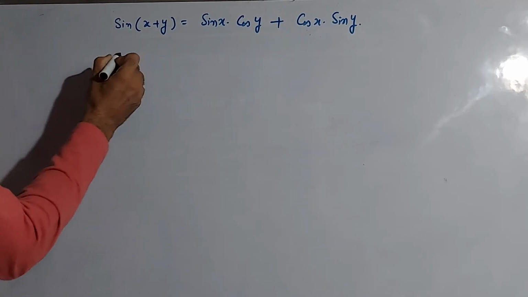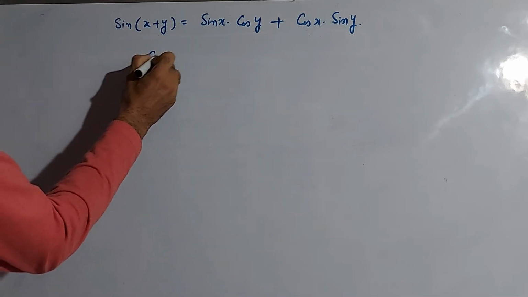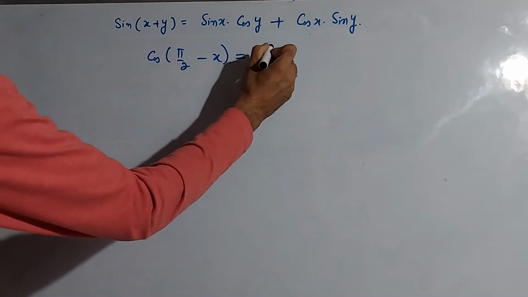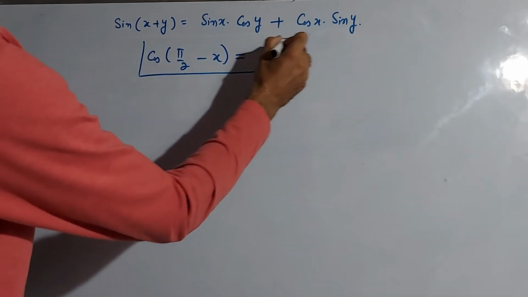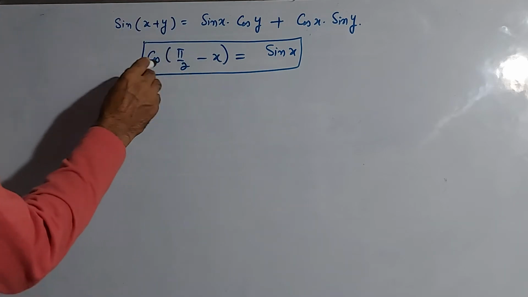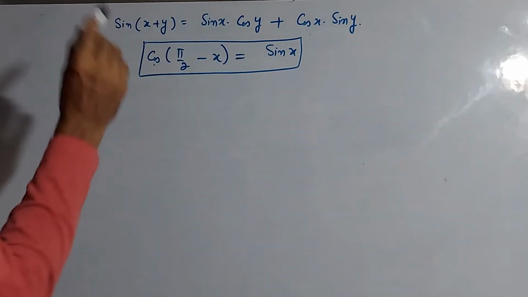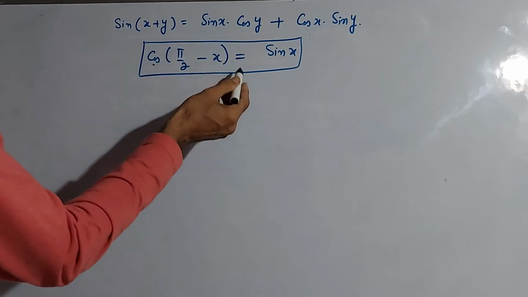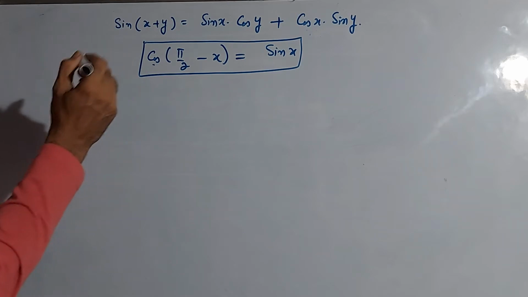Now we see here, since we know that cos(pi/2 minus x) is equal to sine x. As we know from the previous video, cos changes to sine. In the first quadrant, cos is positive, and cos changes to sine at 90 degrees. With 90 degrees minus or plus, cos changes to sine. Now see, we can write